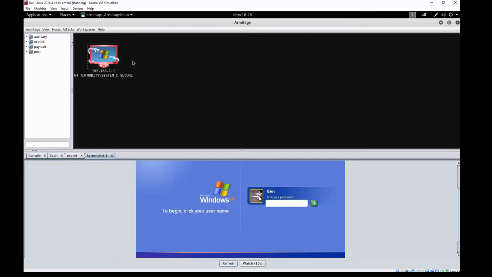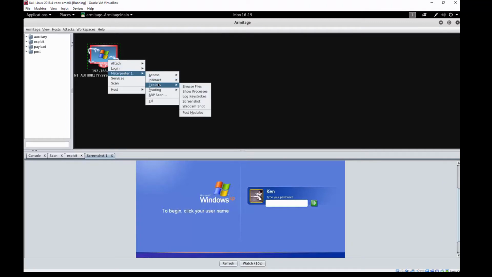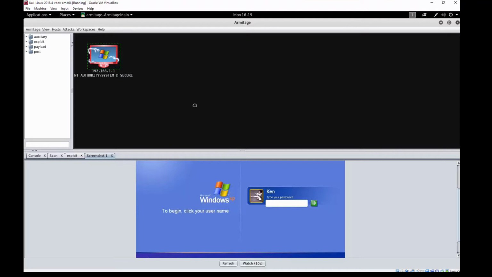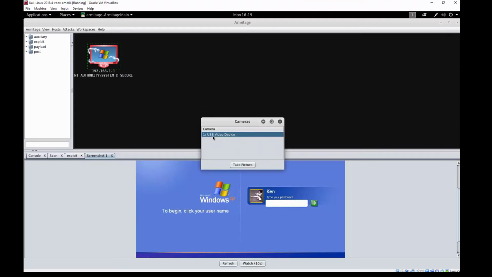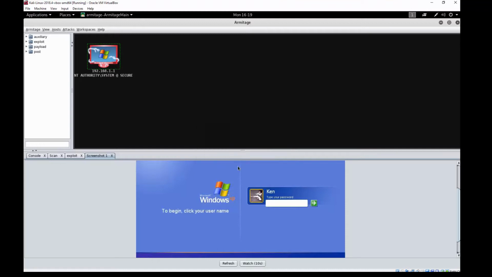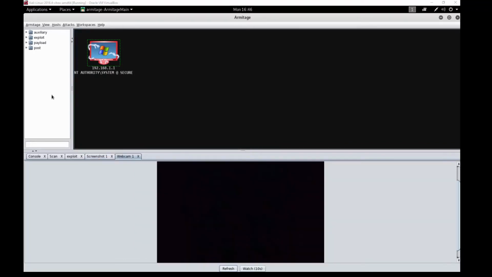And how about this one? We can use any built-in webcam that's on the machine. So we'll take a webcam shot. We've only the one device on this machine, and we'll take a picture. Well, it seems that using the capture software doesn't allow the webcam to show, but I'll demonstrate this practically. So we've got some